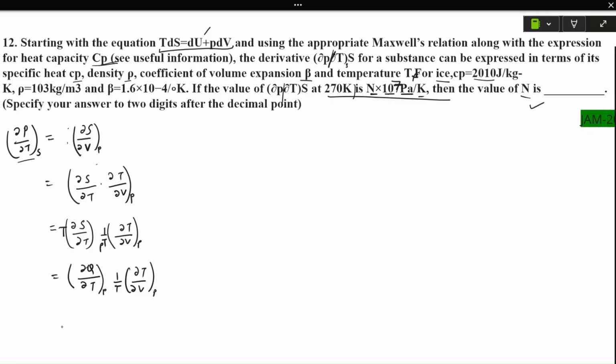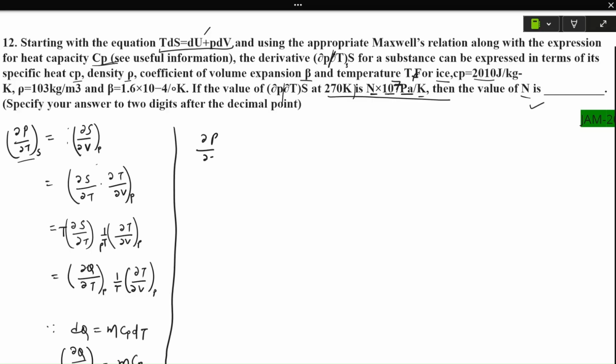Now since we know that dQ is equals to m Cp dT, ये हमने पढ़ रखा है पहले. सो यहाँ से अगर मैं del Q by del T एट कांस्टेंट प्रेशर लिखूं तो वो आ जाएगा मेरा m Cp के इक्वल. ओके, सो नाउ